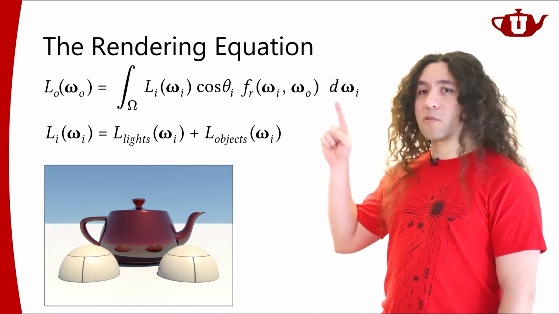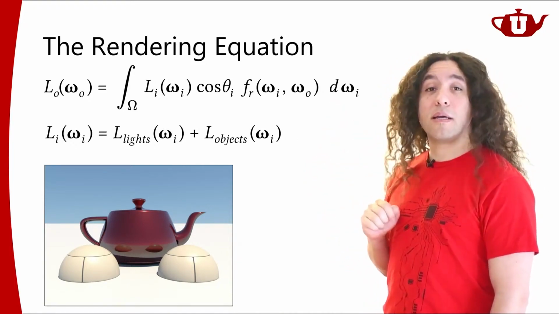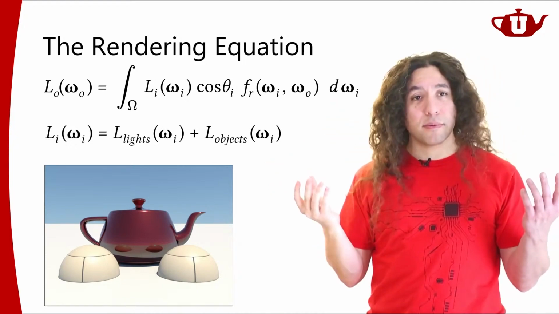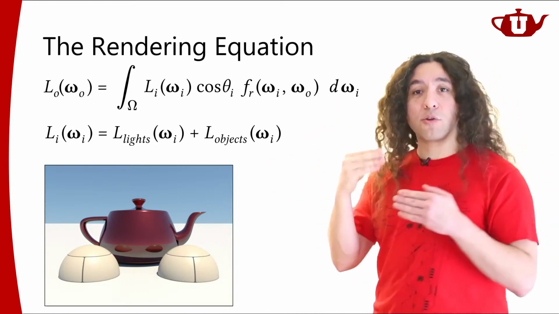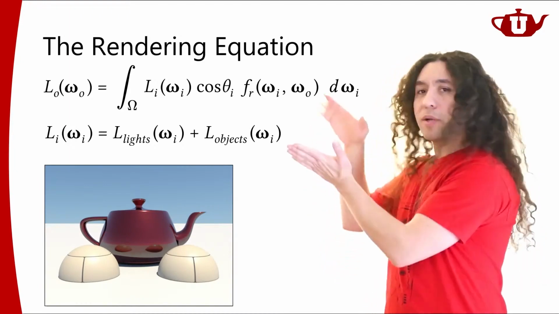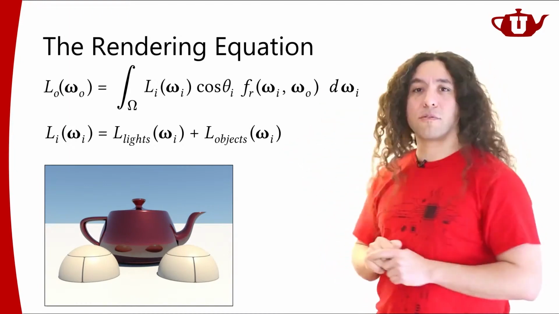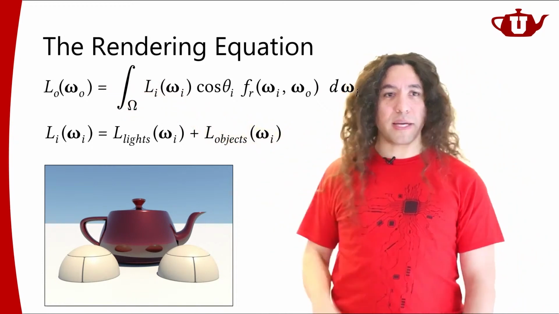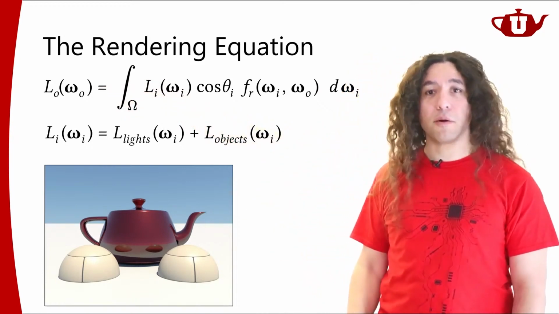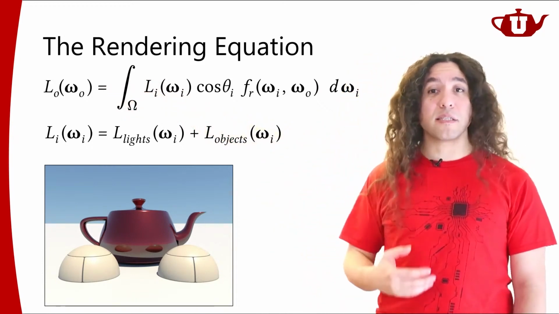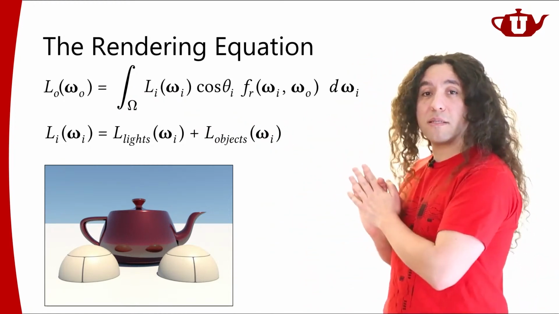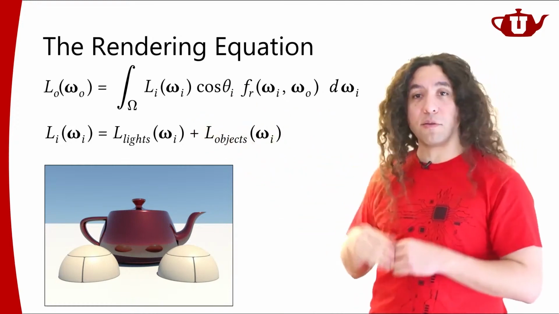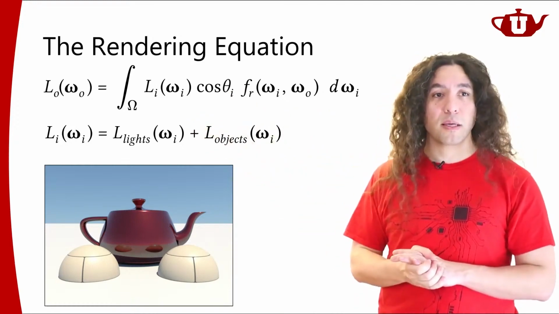So even though this one rendering equation up here includes everything, we're going to go and separate it into pieces and compute these pieces separately and then put everything together to compute our reflected light. All right, so a lot of our computation is going to involve separating this rendering equation into pieces and computing each piece separately using different algorithms.